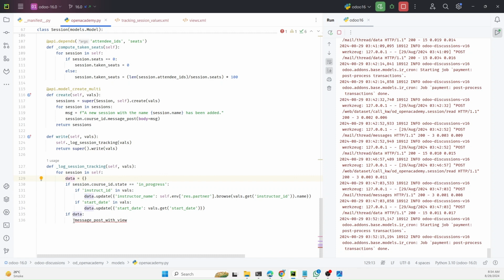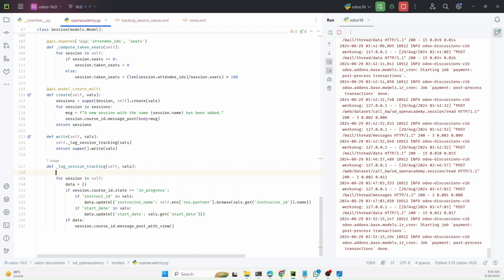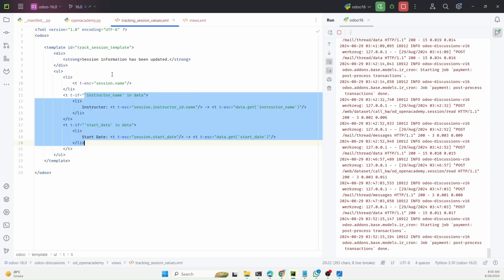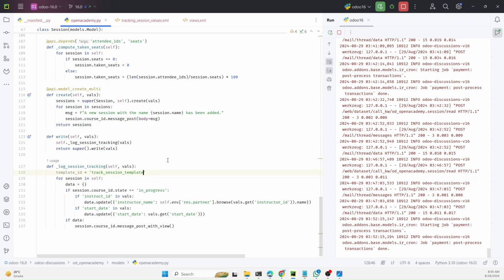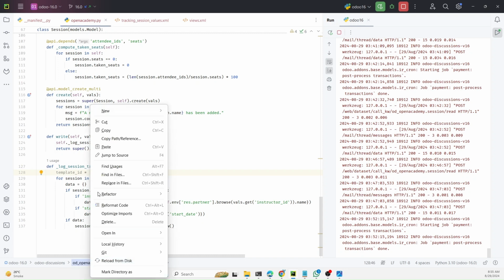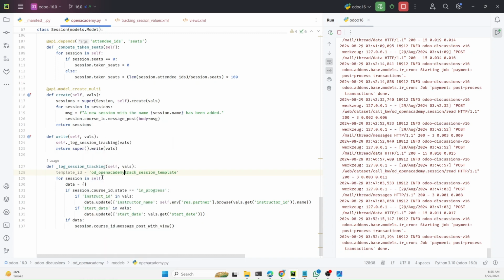And here we need to make it like this: session dot course id dot message post with view. And here we need to pass the view id. So first we need to get the view id, which is, let me just get it, template id or view id, we can say it. And here let me just copy it, and we need to add the module name first also, like this, and then template id,